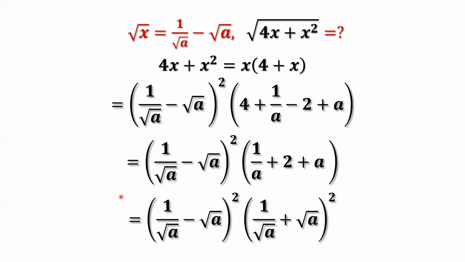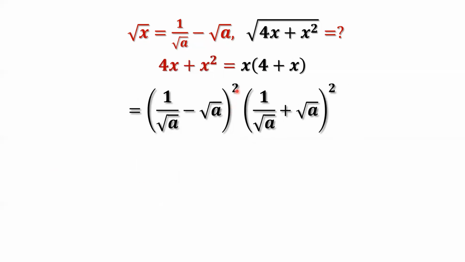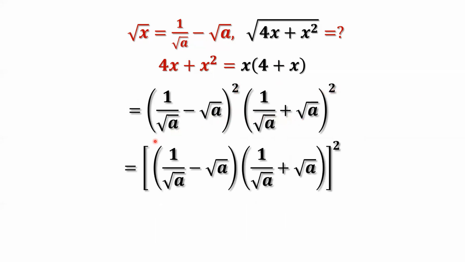Now, we can see we are here. Take the power 2 out. Put the 2 factors together. We do this. Can you see something special? A minus b, a plus b. Do you know the difference formula for squares? Yes, that's equals a squared minus b squared.